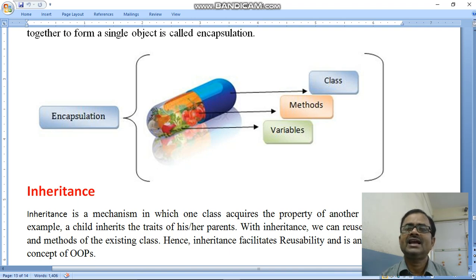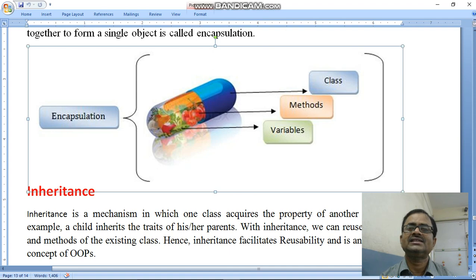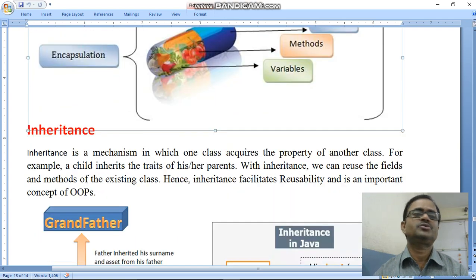A Java program has a class, a method, variables, and different things we are doing inside of the program. All the things are encapsulated in the name of the Java program, the name of the object. So this is a capsule. It has a class, a method and variables, and all are together known by a single name, that is the object. This is a feature of Java programming known as encapsulation.